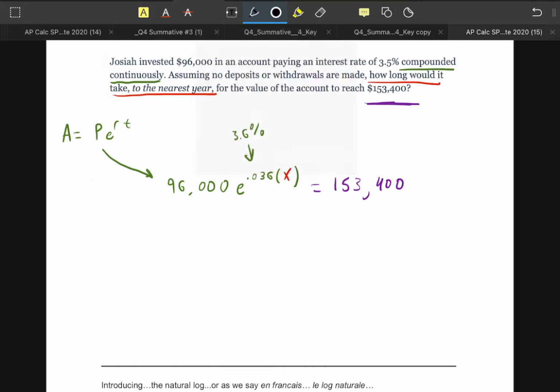Remember, step one here is to try and isolate the part that has the x exponent. So I'm going to divide both sides by 96,000. On the left, that divides to make 1. So we have 96,000 on both sides. So on the left-hand side, we have e to the 0.036x is equal to,